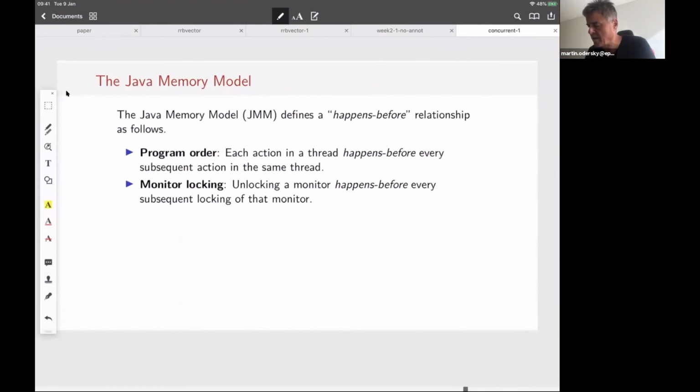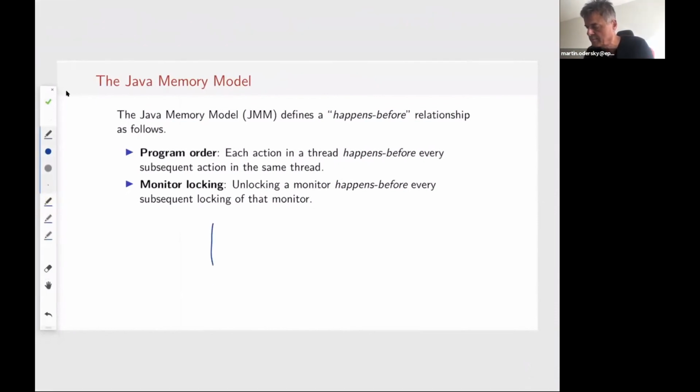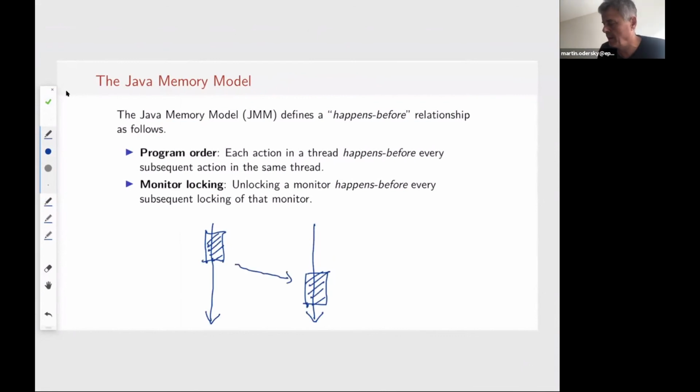So it means that if we have a thread and we have one monitor object, and we have essentially here a synchronized zone and here a synchronized zone, then anything that happened in that synchronized zone or before is visible at this point. So every read, every write that was done by this block or that this thread did before it started the synchronized block will be seen at the point where the second thread grabs the same block. At that point, we have a synchronization.